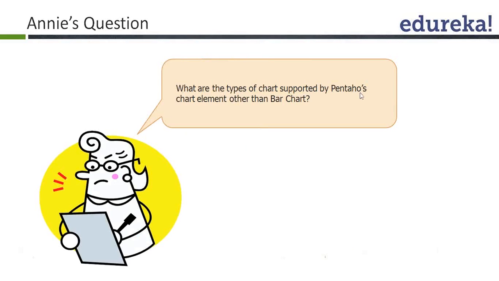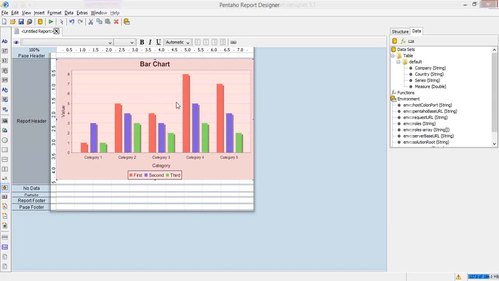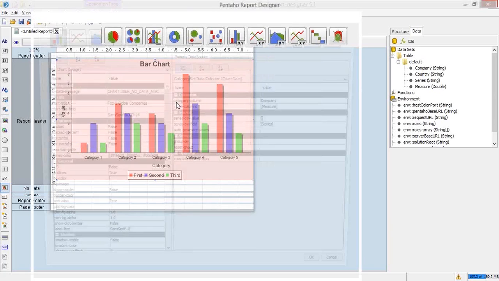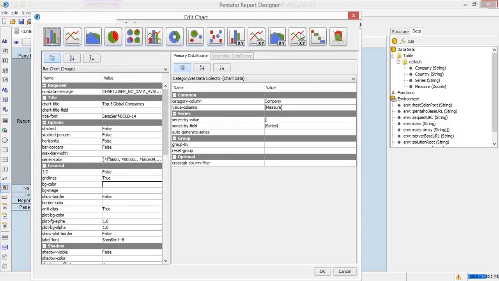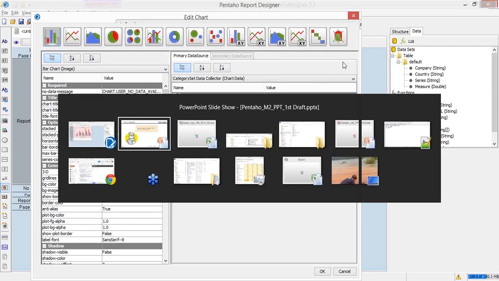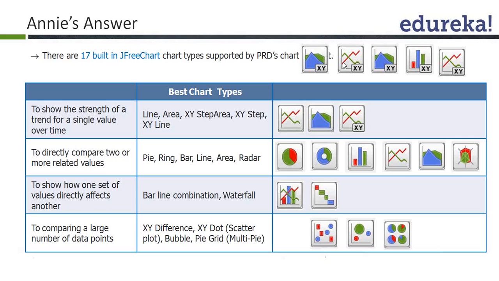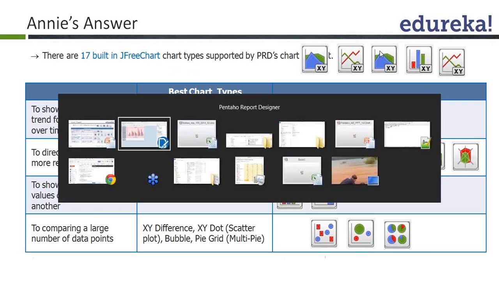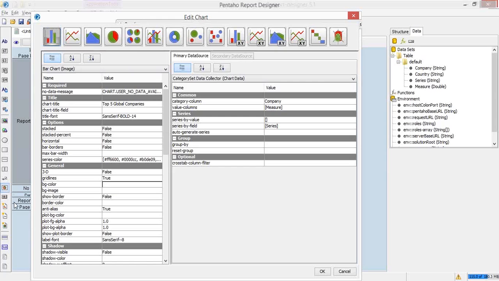What are the different chart types supported by Pentaho? We have seen that when you double click on that chart element, you can see on the top horizontal bar there are different chart types. Now we will see quickly how they're classified. There are 17 built-in JFreeChart charts, and this is just JFreeChart charts. There is another chart element which is supported,